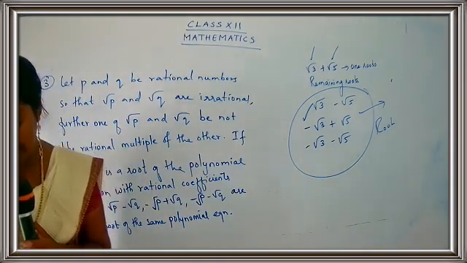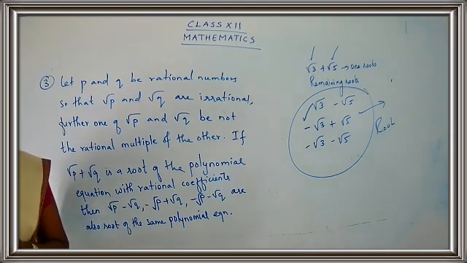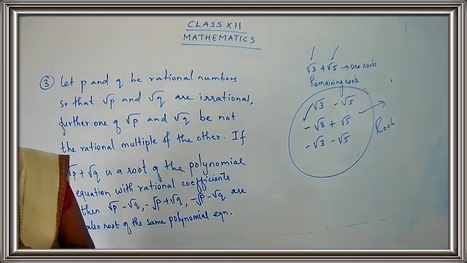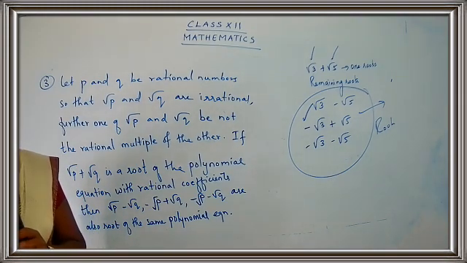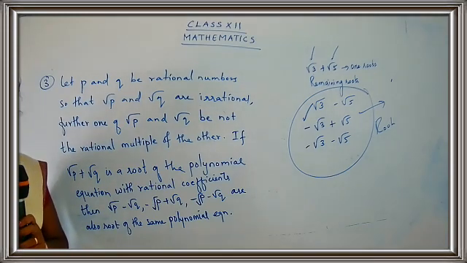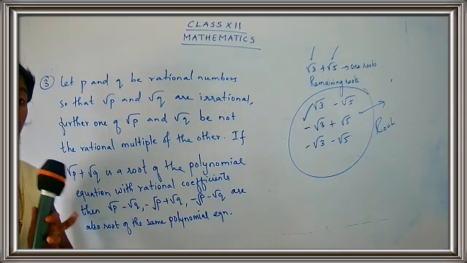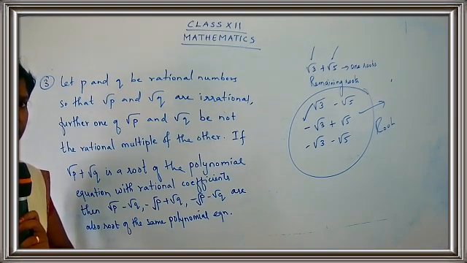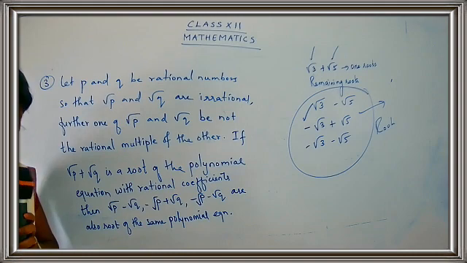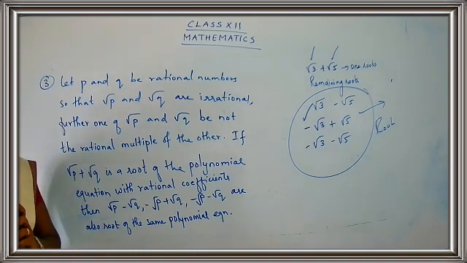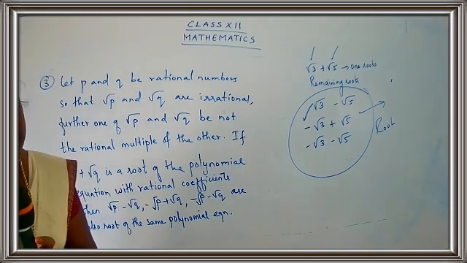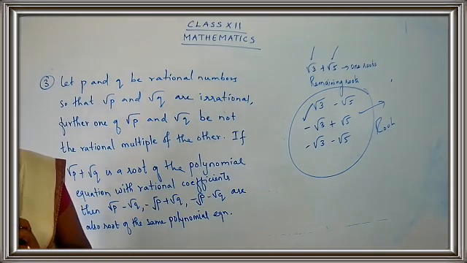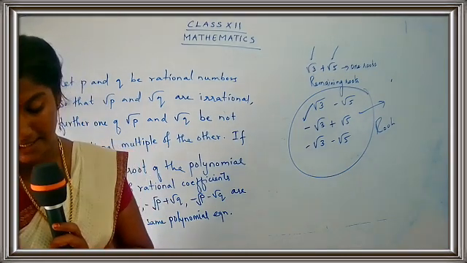Give the heading as exercise 3.2 and take the first question. If k is real, discuss the nature of the roots of the polynomial equation 2x square plus kx plus k is equal to 0 in terms of k. So you are going to discuss the answer in terms of k. Here we have to find out the nature of the roots, and already we have taken the points for the nature of the roots. So let's continue with sum number 1. Okay, let's start with the answer.